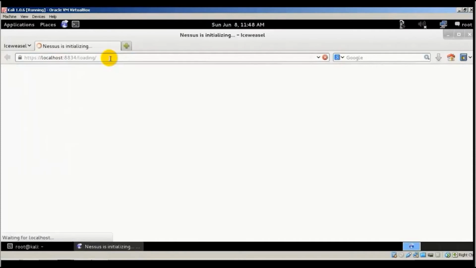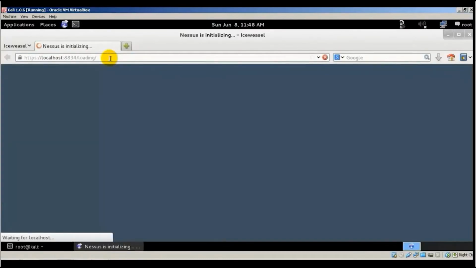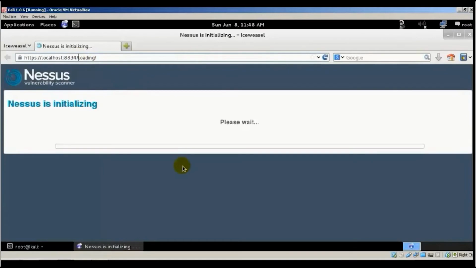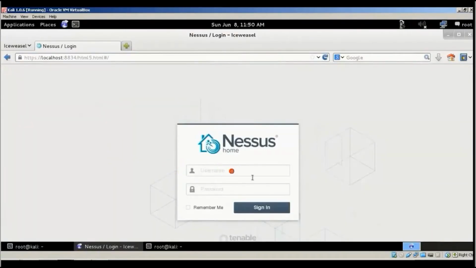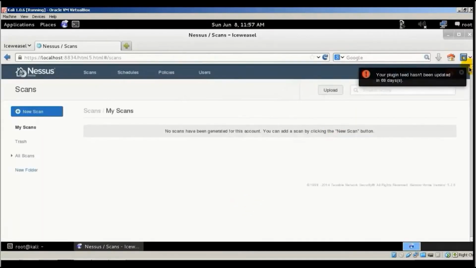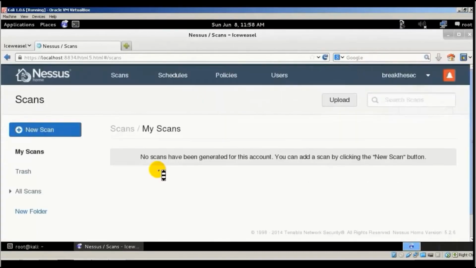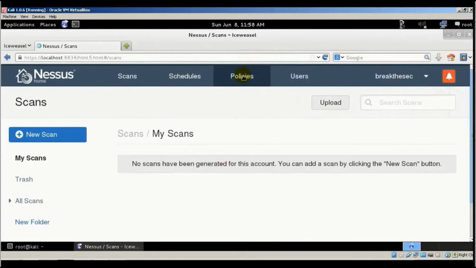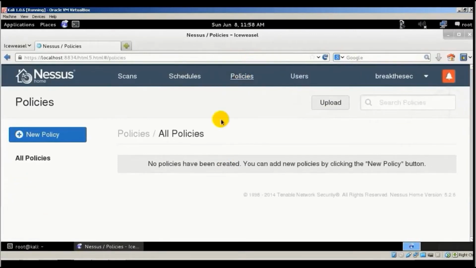Nessus can be accessed by going to localhost port 8834, and you can see it's loading. So you can see it has loaded, and you can log in and give the username and password. So this is the main screen you're going to be getting when you log in, and we'll go to policies,